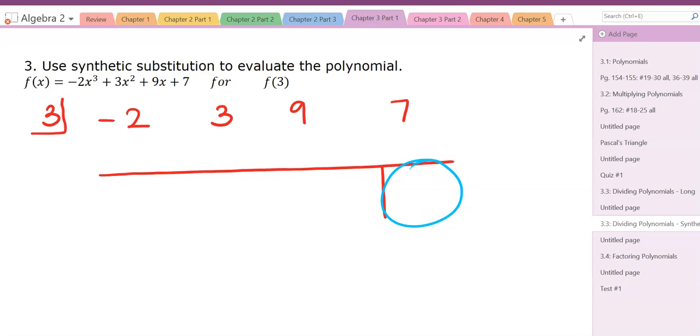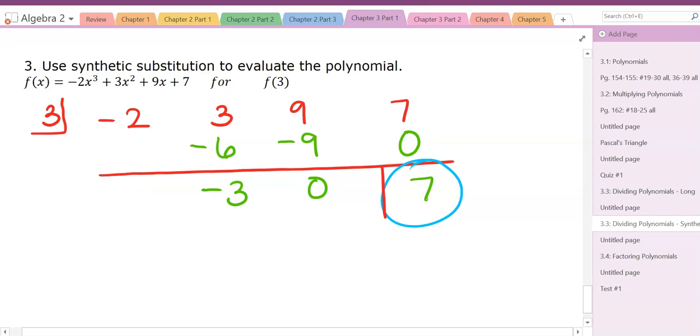This is how you should have set up your problem. Bring down that first number, so negative 2. So negative 2 times 3 is going to be negative 6. Plus 3 is going to be negative 3. Times 3 is going to be negative 9, which plus 9 is a 0. And then 0 times 3 is 0. So 7 plus 0 is 7. So our answer should have been